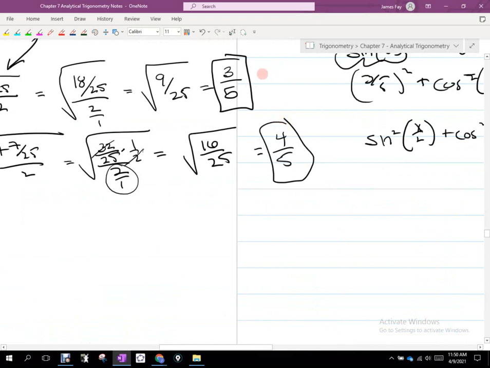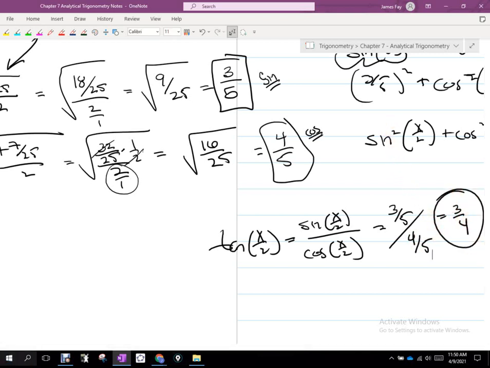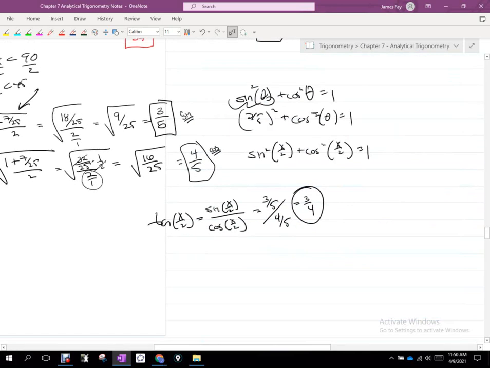Okay, that's the sine and that's the cosine. So how does the tangent of the half angle relate? It's the sine of the half angle divided by the cosine of the half angle, right? So can we take 3/5 divided by 4/5 and get 3/4? And because those work out to be really nice numbers, we can see in Desmos really easily